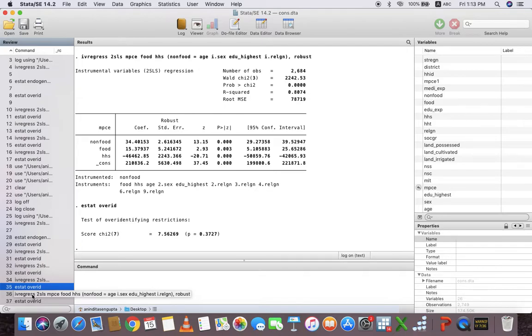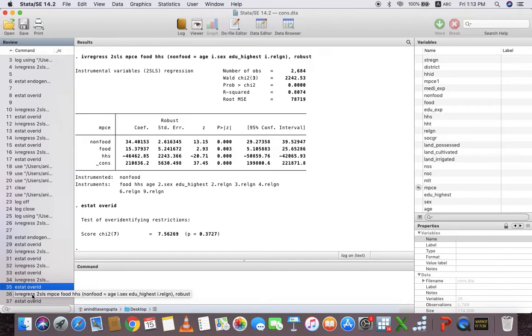So from this exercise we come to the conclusion that non-food expenditure has a positive and highly significant relationship with MPCE. That means if non-food expenditure increases, MPCE significantly increases. Food is also highly significantly positively related with MPCE, whereas household size has a negative and highly significant relationship with MPCE.